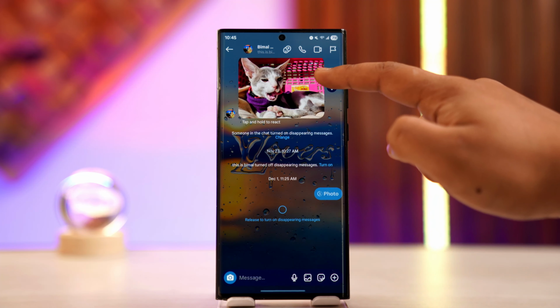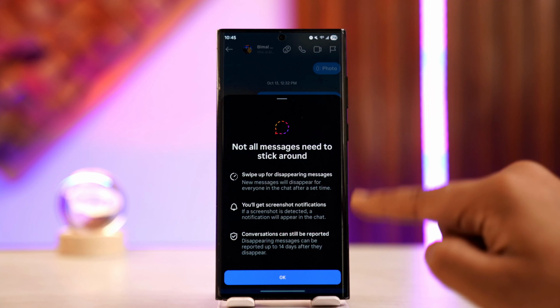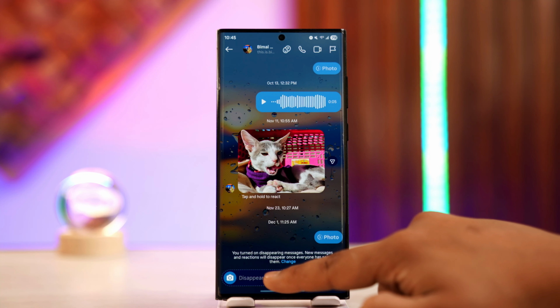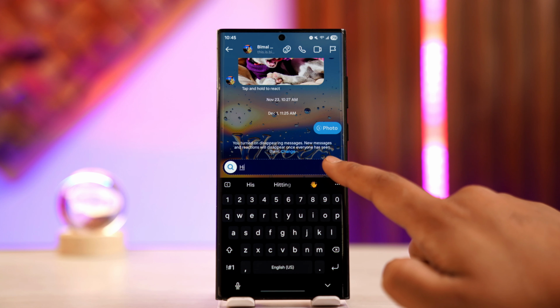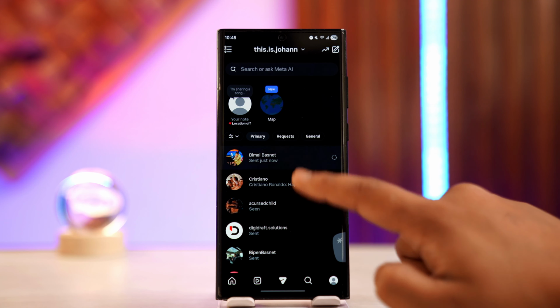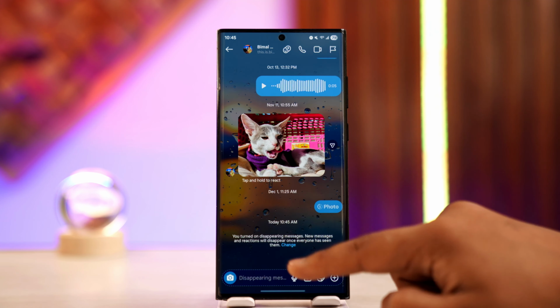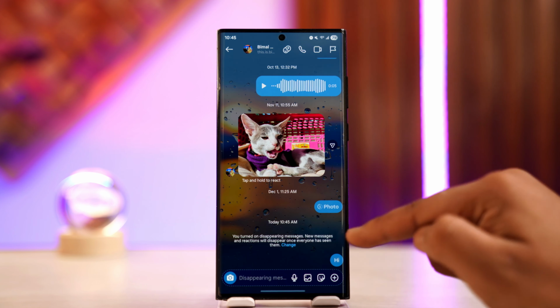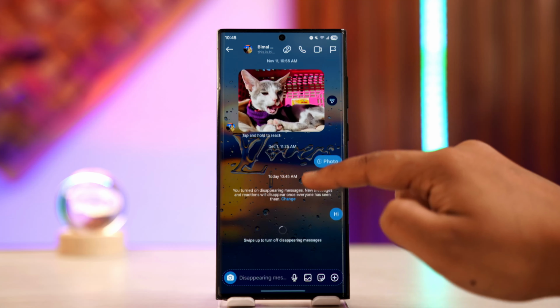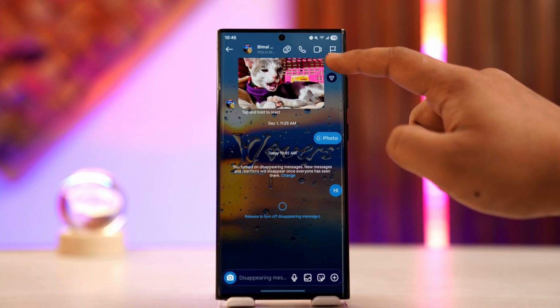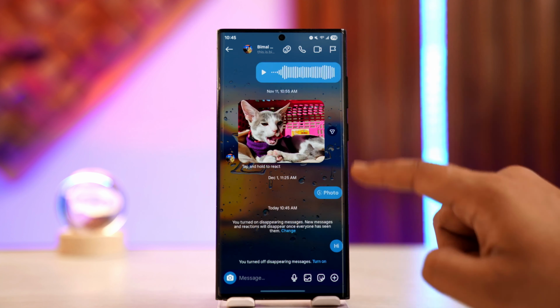Whenever you turn on disappearing messages by swiping up like this, vanish mode will be enabled, right? So whenever you send these messages and then you come back, if the other person has seen that message, it will be deleted. So in that case, disappearing or vanish mode might have been enabled. You might have to just disable that vanish mode by simply swiping up like this to release the disappearing